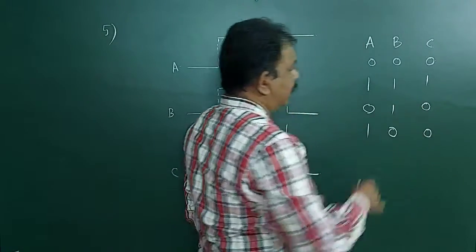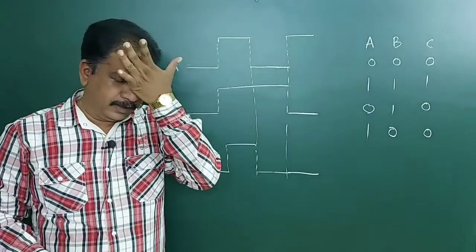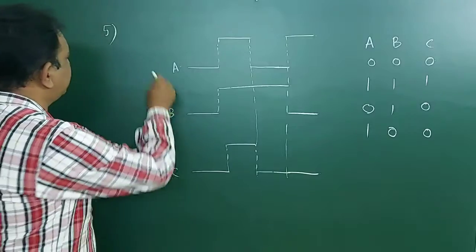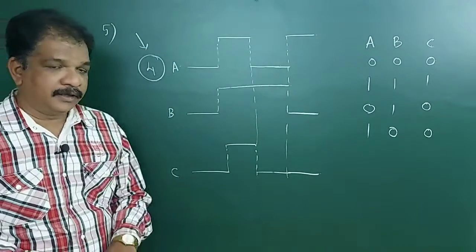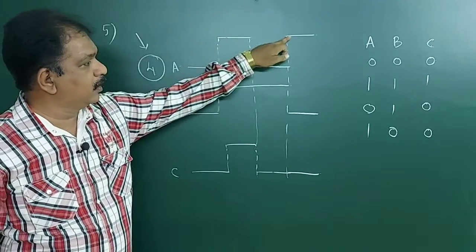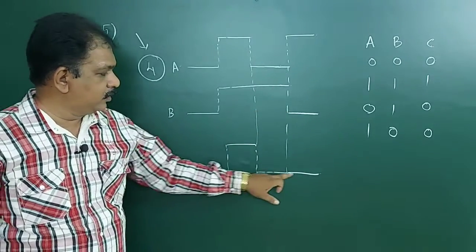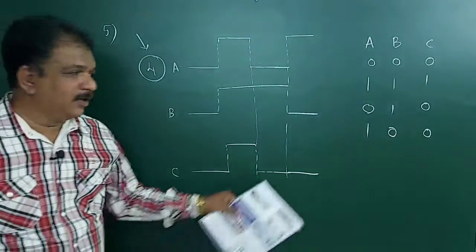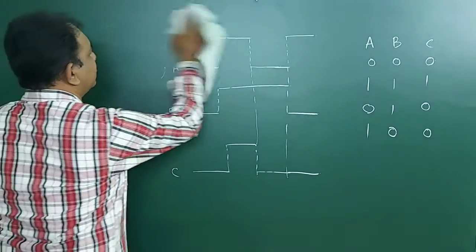So what is this gate? AND gate. You check, this will be the AND gate. So the answer for the fifth question will be the fourth option. Understanding? 0, 1, 0, 1, 1, 0, 0, 1, 0, 0. We wrote the same values. Next, remaining, no need to consider. All values have come, no? So no need to consider the rest.